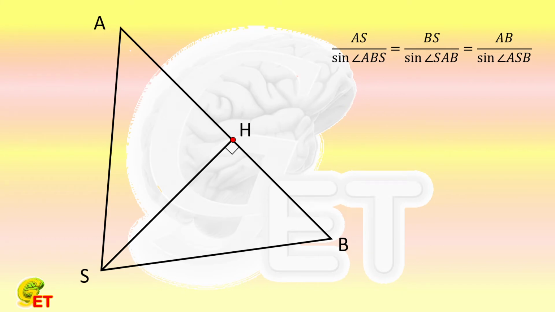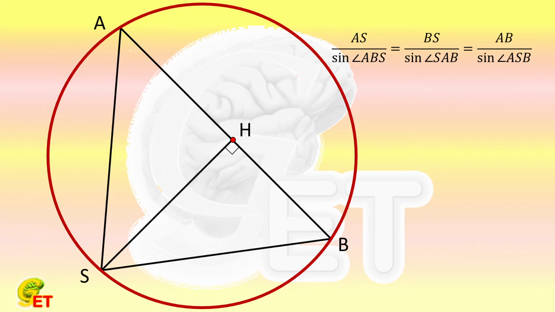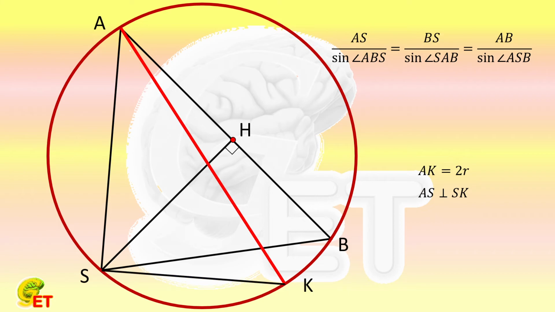We plot the circumscribed circle of the triangle ABS. And by passing point A, plot the diameter AK, whose length is labeled as AK equal to 2R. The circumferential angle ASK subtended by the diameter must be a right angle. The circumferential angles ABS and AKS subtended by the same arc are equal to each other. Therefore, sine AKS is equal to the ratio of AS to AK. So this ratio is equal to the diameter of the circumscribed circle of the triangle. These contents are already beyond 8th grade level.